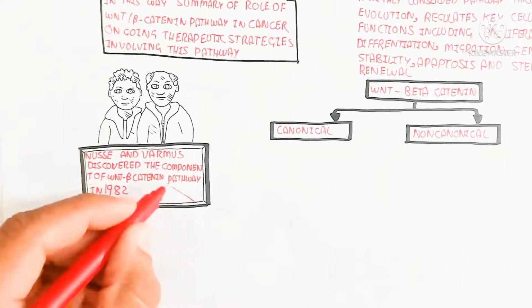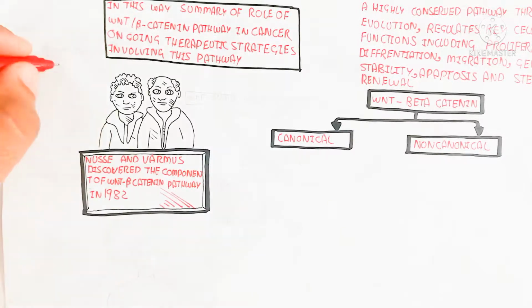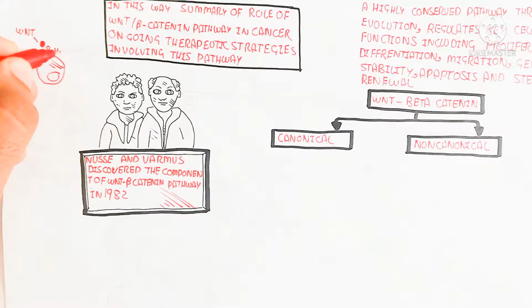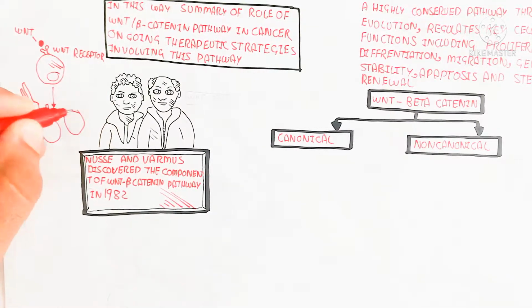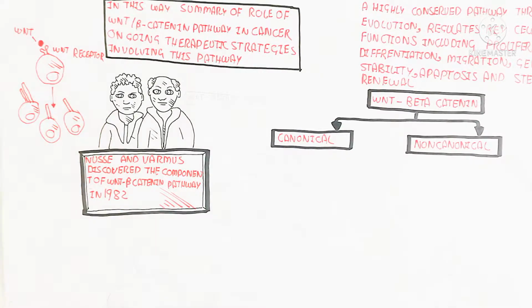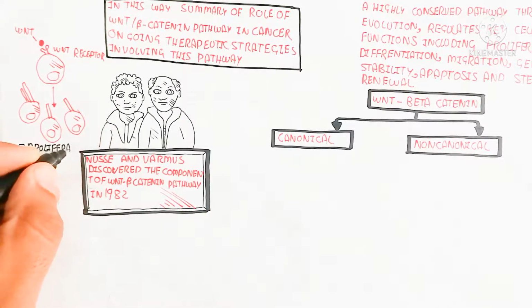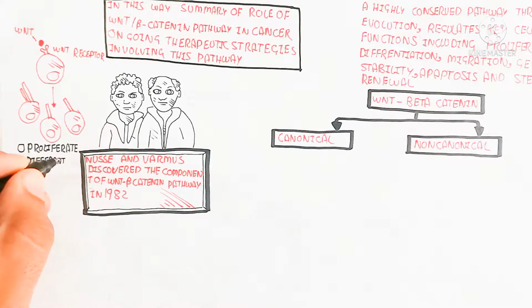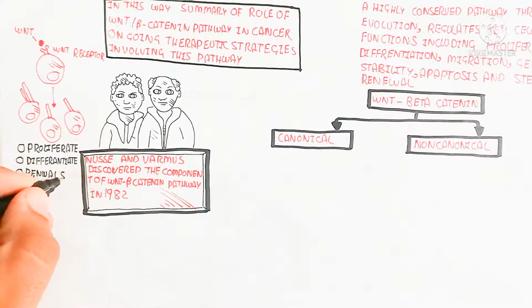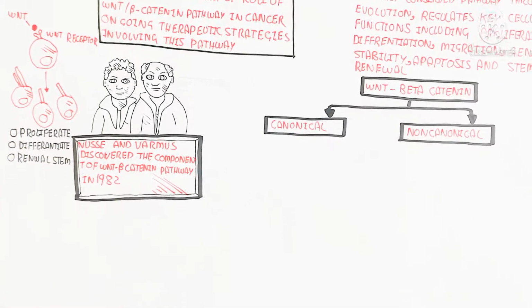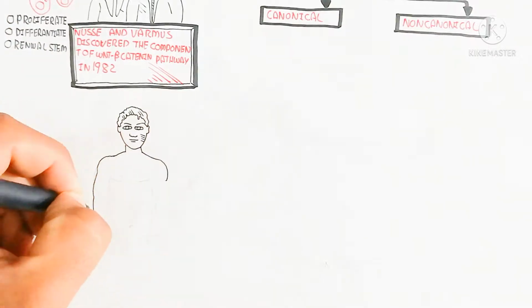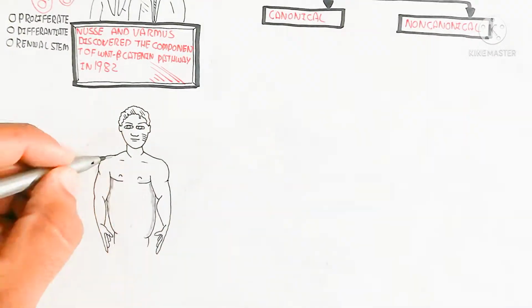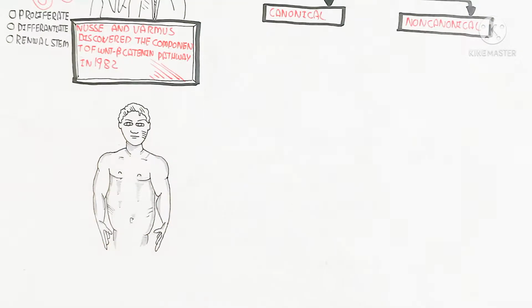The major general mechanism is that the Wnt molecule will bind with the Wnt receptor, so it will proliferate to different cells on the basis of the requirement. For example, in immune cell proliferation, the monocyte will convert into the macrophage or other cells, which is very important. And it proliferates, differentiates, and renews stem cells. Renewal of stem cells means the stem cell will also divide itself, which is very important.